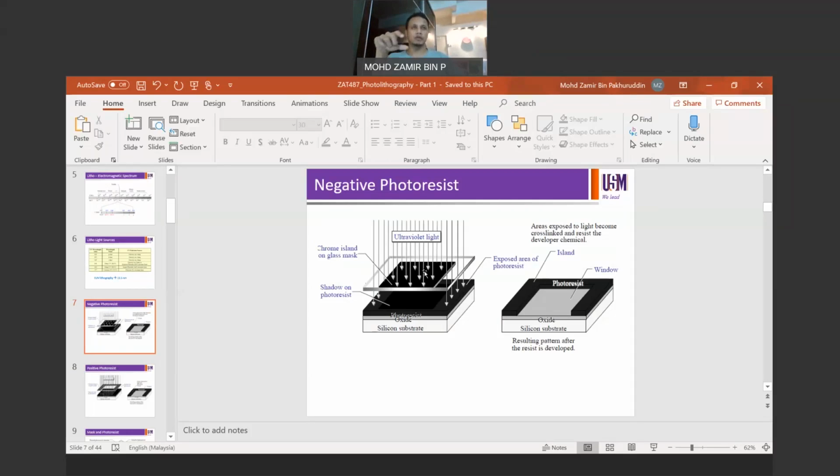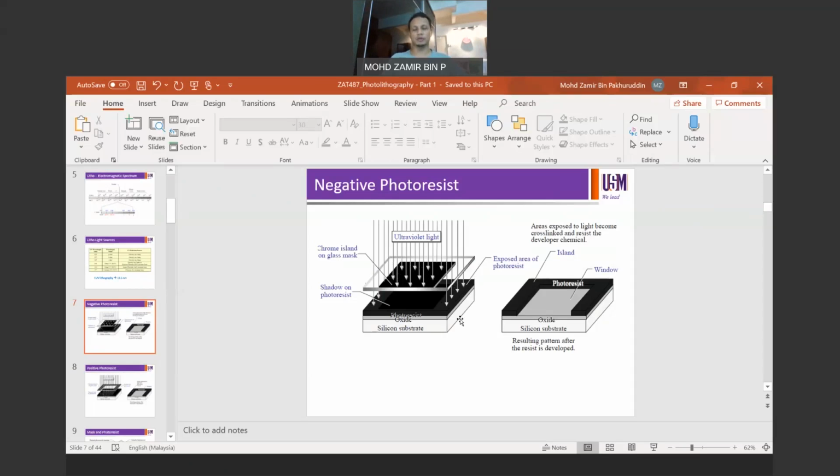So some areas will be allowed for the light to pass through, and some other areas will be blocked. So the UV light will actually be interacting with the photoresist on the silicon in the areas where the transmission is allowed. So if you can see here on the frame area, the transmission of the light is allowed, and then in the central region of the reticle here, the transmission of the light through the reticle is not allowed. So the interaction of the light and photoresist only takes place on the edge of the sample that we're talking about here. Okay, so what happens next is